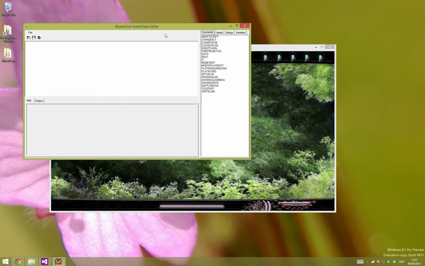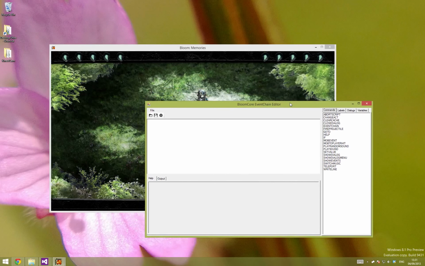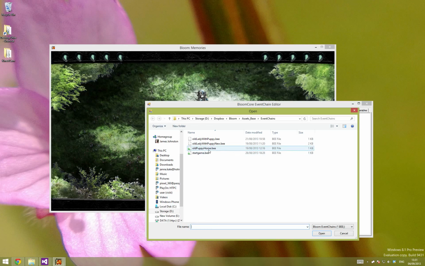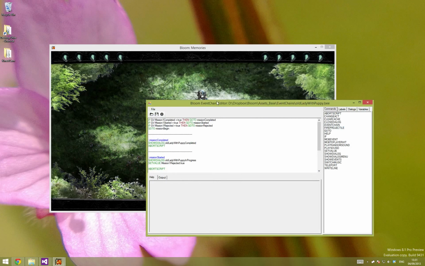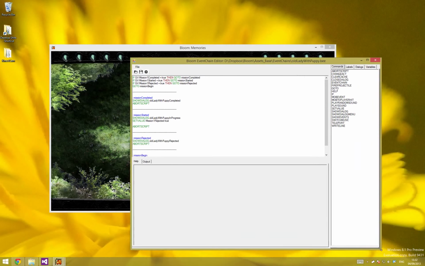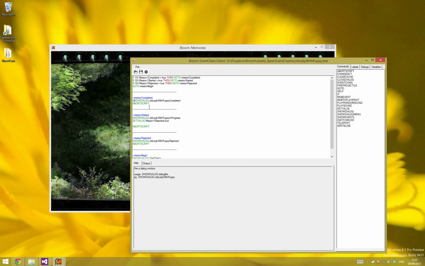And here we have the event chain editor. Now, if we open an event chain, you can see our scripting. I worked very hard on this. The idea was, I don't want to be programming this. I want to make this easy enough so Danny can do this herself,